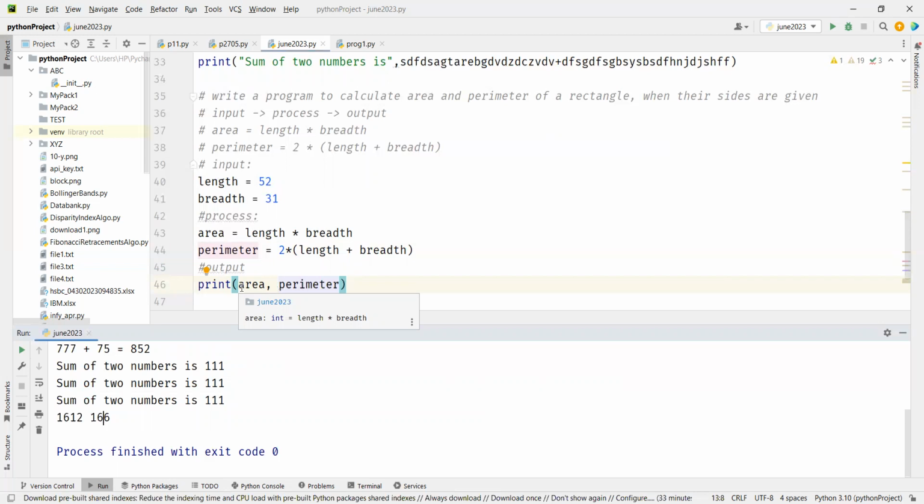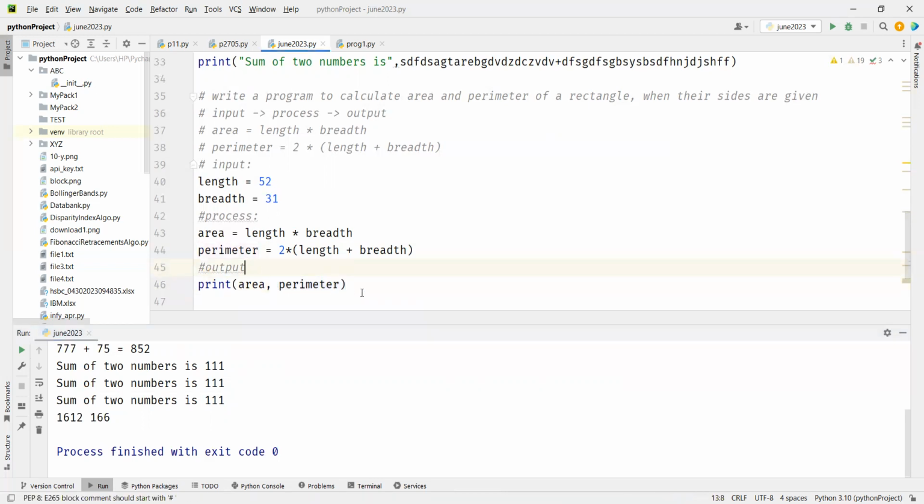Correct? So the output should also be user friendly, because see, the process is inside your program. The user will not see the calculation steps, right? What the user sees is just the output. And you have to spend time trying to format the output so that it is easier and more convenient for